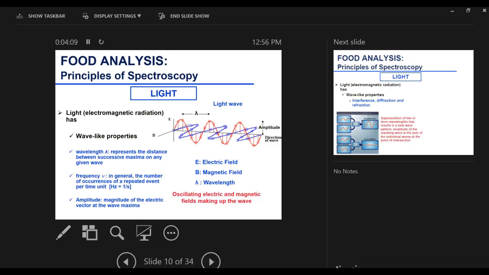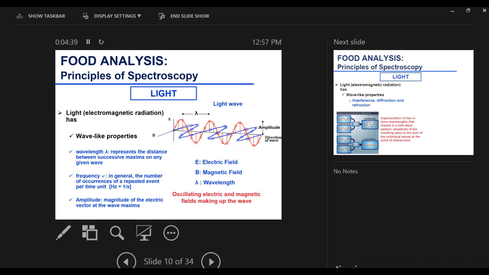Okay, this is for later. Let's continue talking about characteristics of light. So we have the wave-like characteristics, and we do have the photon-like characteristics. So let's start with the wave. It's relevant in certain types of spectroscopy, but in food analysis, mostly we talk about photon of light, but I will just remind you about the wave-like properties of